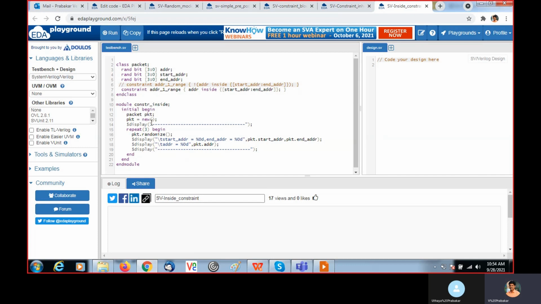So when I instantiate this packet, after creating new, if I call pkt.randomize, automatically all the variables declared as rand will get a random value. So start address and end address will get some random value, and the address will take any value between this range.